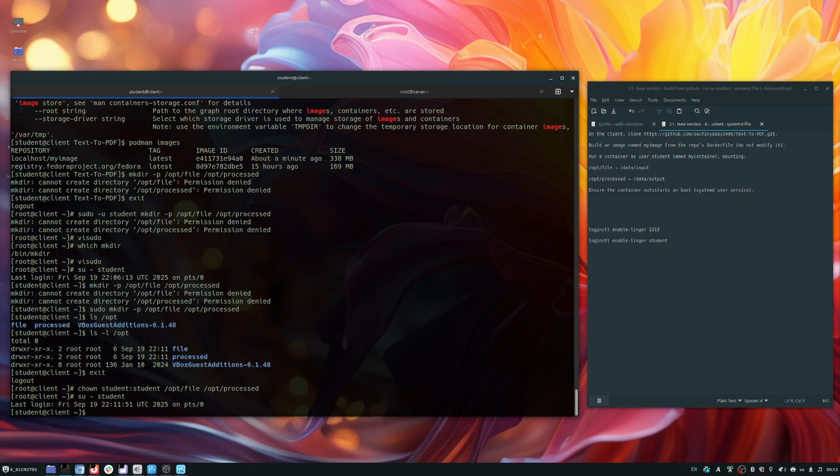So we build the image. Now we are gonna run the Podman. So we'll do a podman run -d for detach, --name my-container, and we need the -v, and then we need, let me think, the /opt/file, and it's mounted within the container as /data/input, and don't forget the :z, which is important, and then we can copy this, and we'll just change a few bits, like processed, and /data/output, very good,